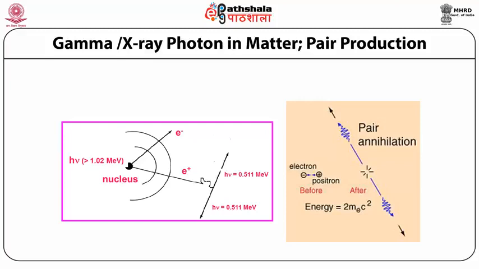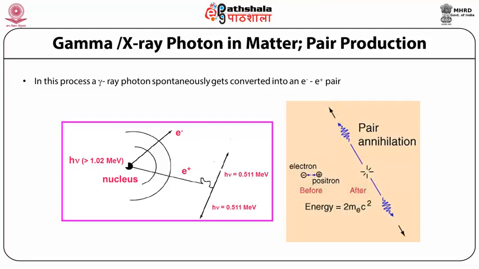These positron and electrons travel through the medium, and the positron again gets combined with a nearby electron, and then two gamma photons are emitted opposite to each other. So this process is called pair production. Pair production is nothing but the loss of energetic gamma photon in terms of pair of charged particle production. In this process, a gamma ray photon spontaneously gets converted into an electron positron pair,